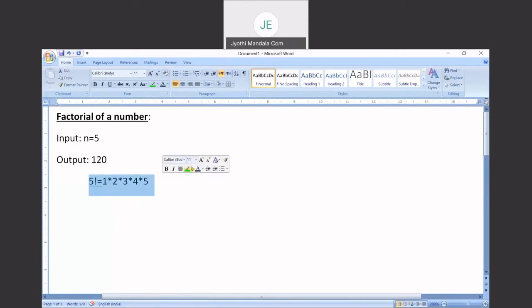Now we will write a logic for finding the factorial of a number. Our input will be stored in n, and for this n we will write some logic, and after going through that logic, you need to display the factorial of our number. As an example, I have taken 5 and you will be getting an output of 120. Okay, so let us write the logic first. So what will be our logic?